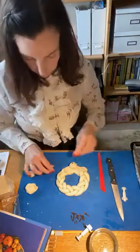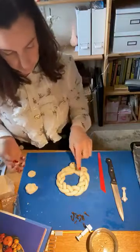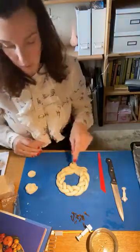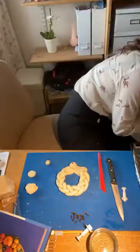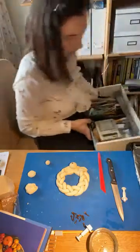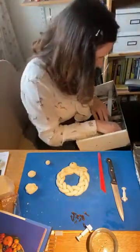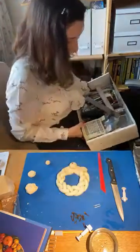Leaves are really easy to do. So we've got a leaf there. So it's basically leaves and then the fruit and then other things dotted round. And I'm going to see if I can find a... I've got a paper clip there, but